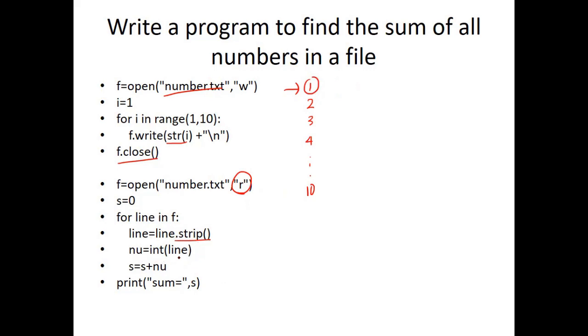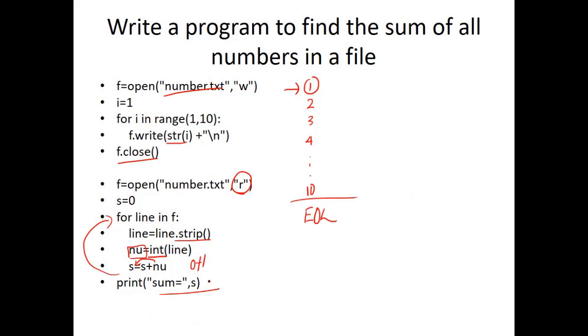And then you're converting. Now this is actually a string. Whenever you write to and read from a file, it is a string, so you have to convert it into an integer. Then you have converted it, and that value has come in this particular variable. Now that is added to s. s is initially 0, so here you have 0 plus 1. This loop will continue until the end of the file. All these numbers will be added, and after the loop you are printing it.